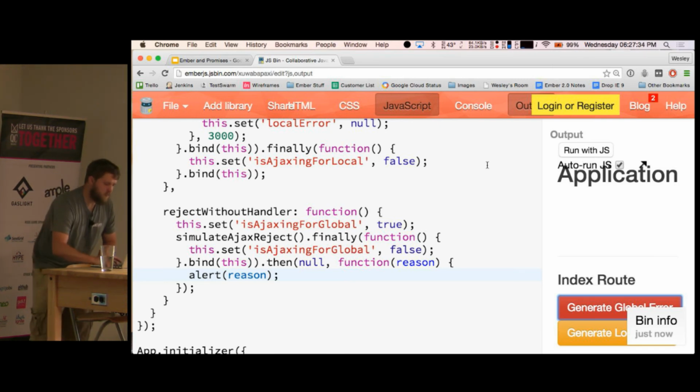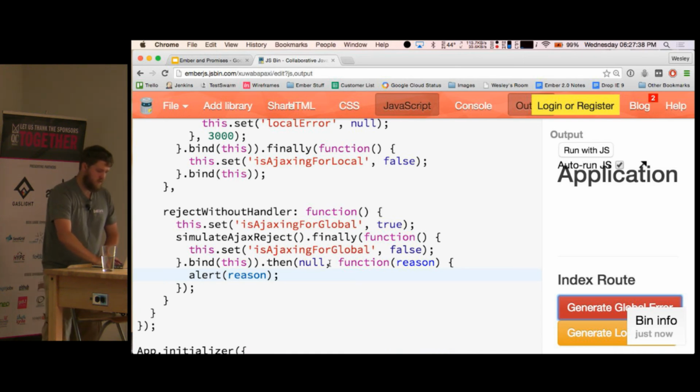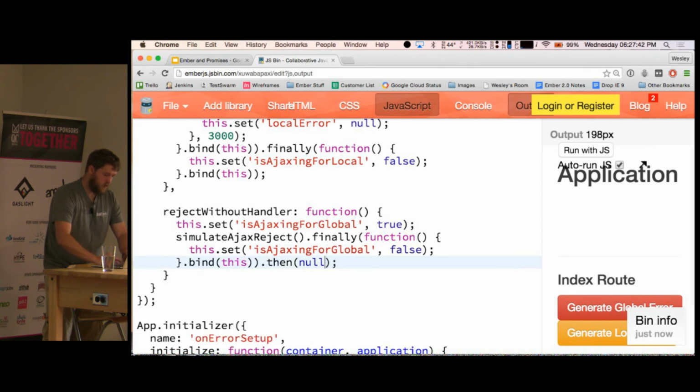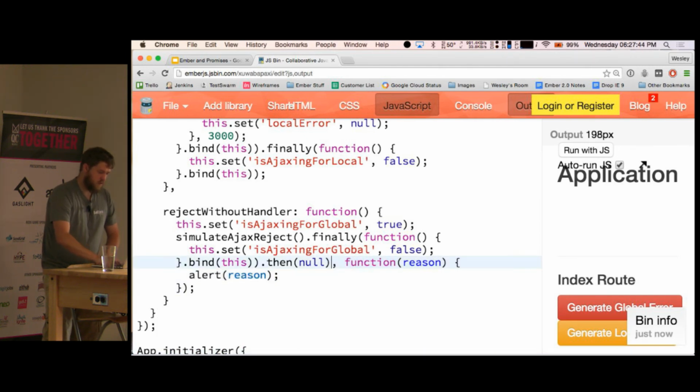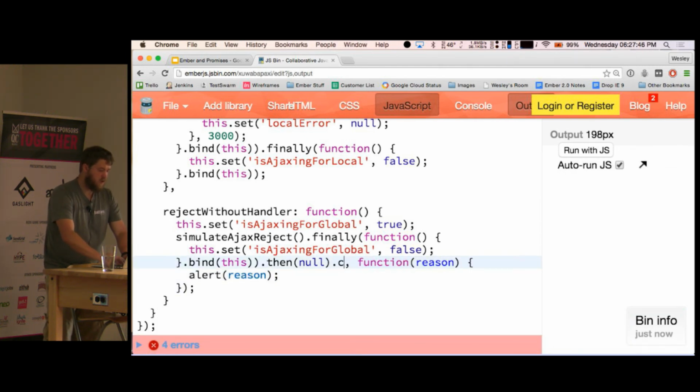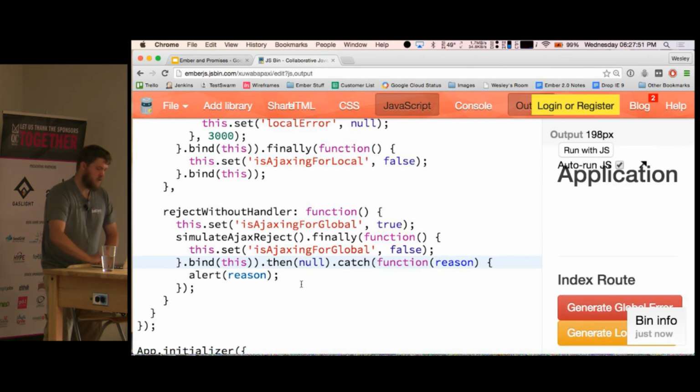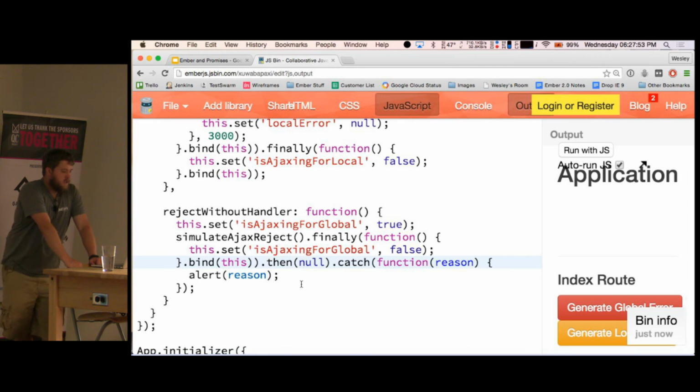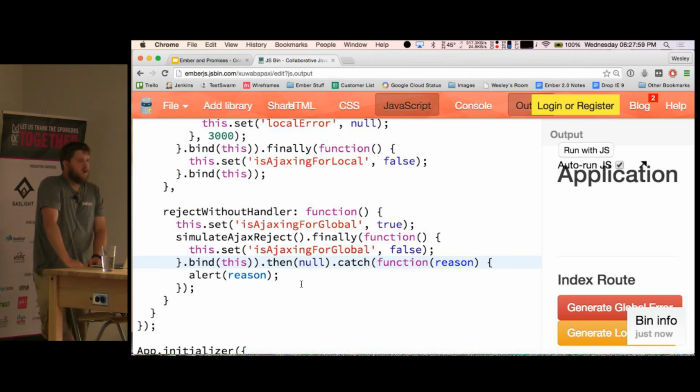So on your final then there, if you just close the function call after null, and leave all that still. Okay, just close it after null and then do dot catch, and then open, and you can drop that and it does the same thing. Oh, interesting. It makes it a little bit cleaner looking when you're trying to follow it down the line. I did not know that the dot catch was there. That must be an RSVP thing.